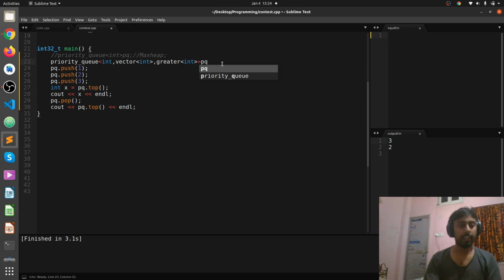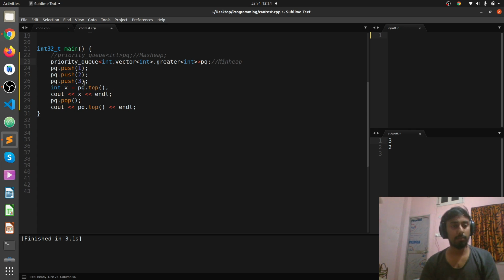This is how we declare the min heap. The topmost element of the min heap contains the smallest element. Each time we pop it, we get the smallest element in the min heap. So we will see the smallest element 1, and then the second smallest element 2. Let's see the output, and we can see the output.